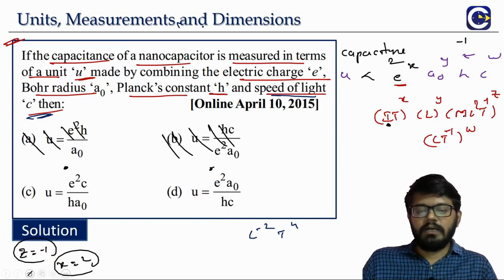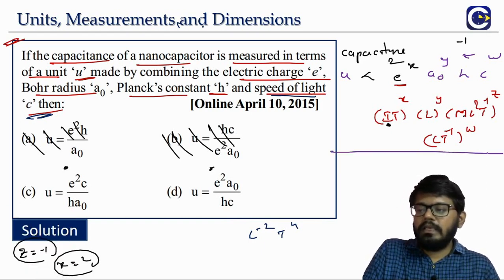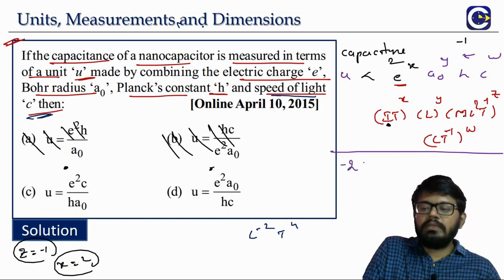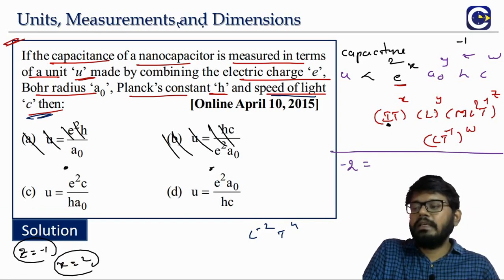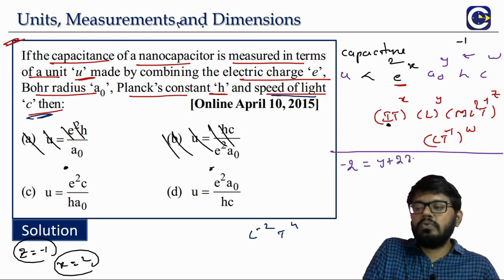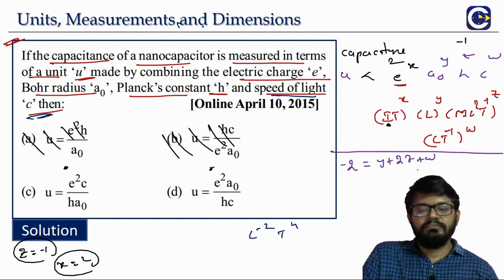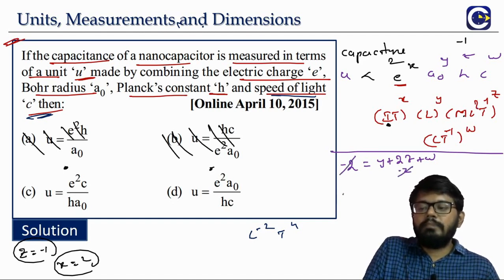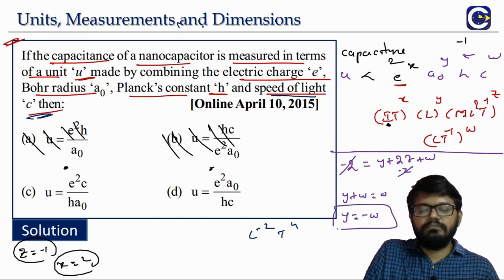So powers of L, when we want to compare, left side what is it? Minus 2. Right side, what is the power of L? Here we will have L power y. L power 2 whole power z means what? y plus 2z. Then there is L power w means what? w. So here already z value we know. z is equal to what? Minus 1. So if you put z is equal to minus 1 it will become minus 2. So y plus w will be equal to 0, which means y is equal to minus w.